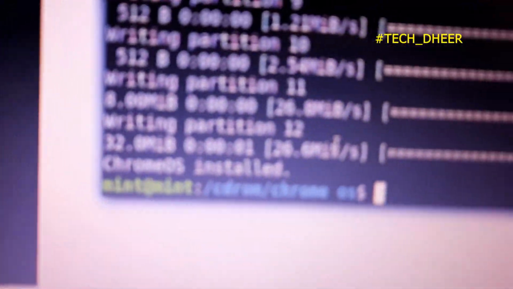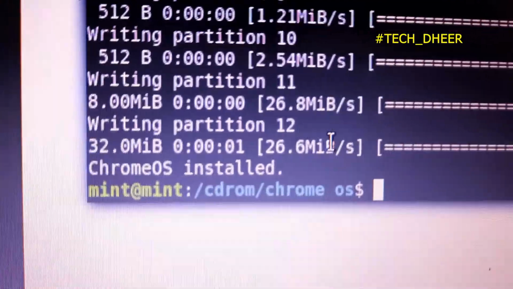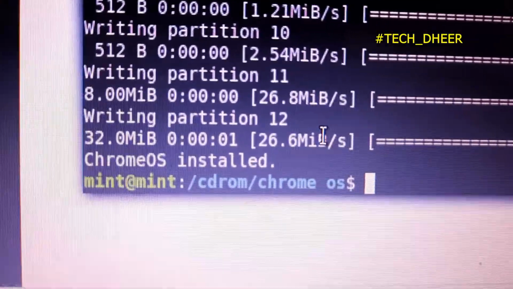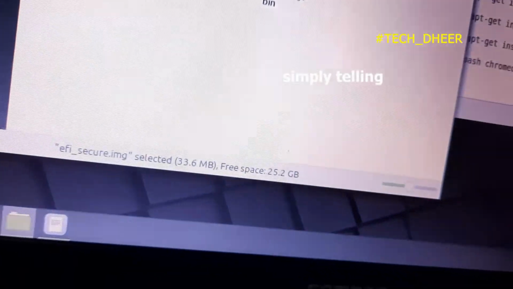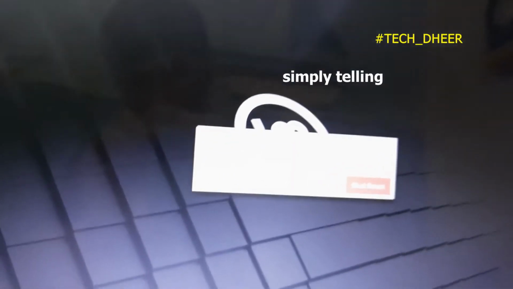So you can see Chrome OS installed written over here, and once you see that, close all these things, and click on this power button, click on restart.